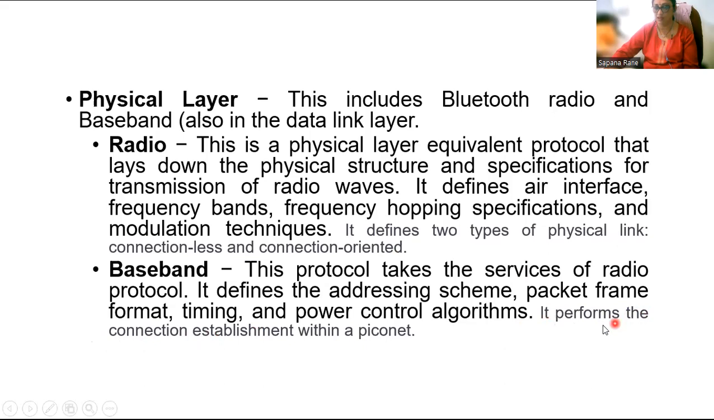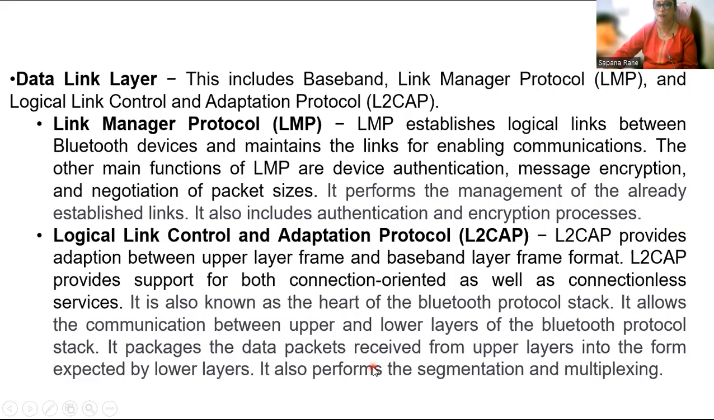So it performs the connection establishment within a piconet. That is the main function of the baseband. And while doing this, it defines the addressing scheme, it decides the packet frame format, it decides the timing, it decides the power control. Okay, now what is your next layer? Next layer is your data link layer. This data link layer includes baseband, which we have already studied. Apart from this, there is LMP, which is called the link manager protocol, and logical link control and adaptation protocol,